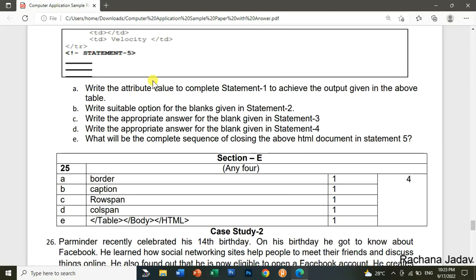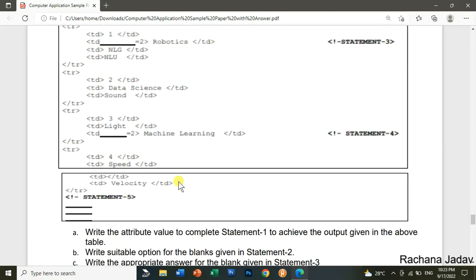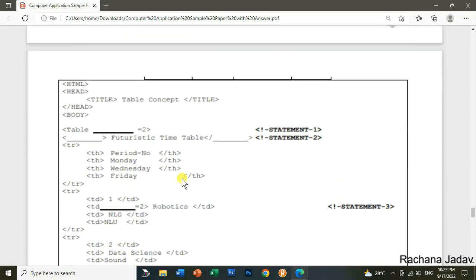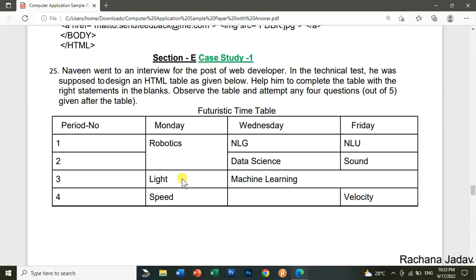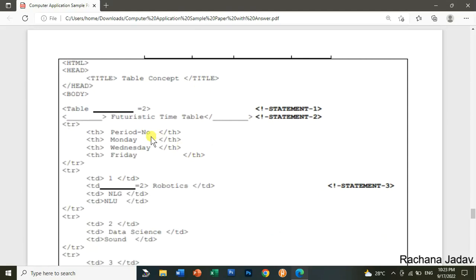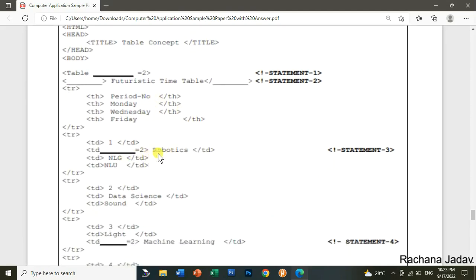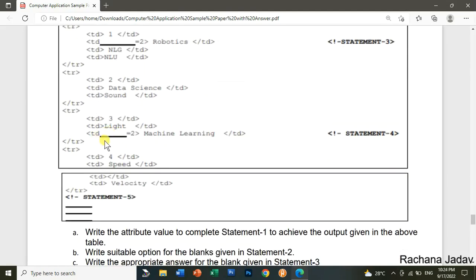Okay, now statement 3, that is td then dash is equal to 2, तो क्या आएगा, that is row span। Row span means what, to merge the rows। आप यहाँ देखिए, ये इधर मर्ज किया गया है, राइट, so you can see it over here।